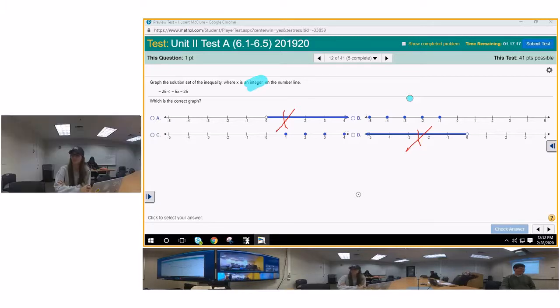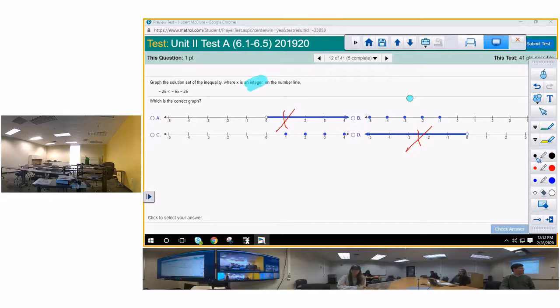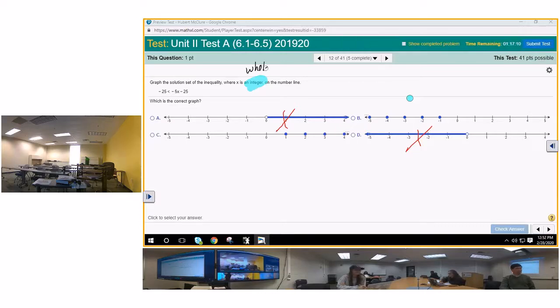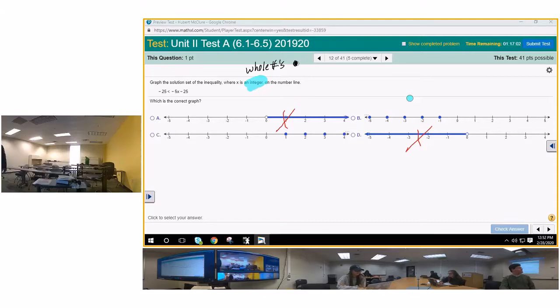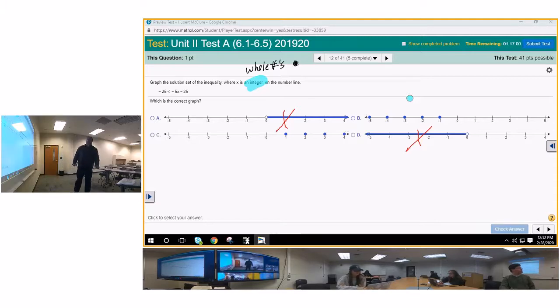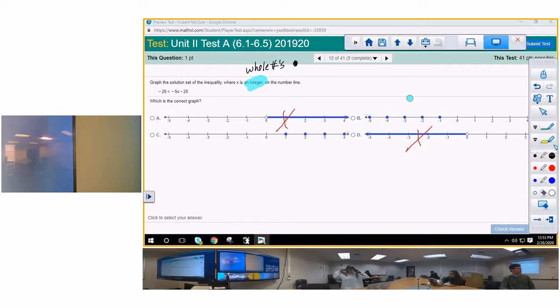All right. So here we go. The word integer says whole numbers. Whole numbers can only be represented by big dots, because you can't include decimals and fractions. And the shaded regions were between 0 and 1, decimals and fractions. So that's why you have to use integers. So anyway, we got negative